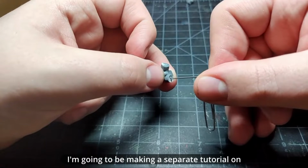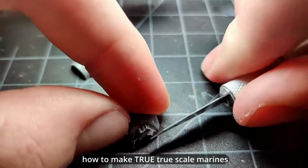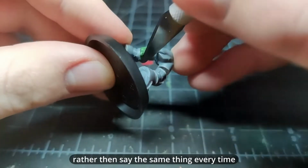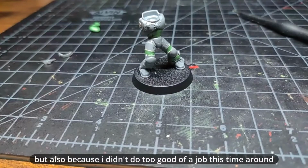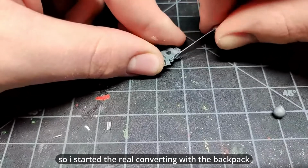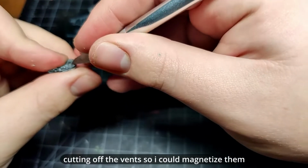I'm going to be making a separate tutorial on how to make true scale marines. One, because I'd rather point to that video in the future, rather than say the same thing every time, but because I also didn't do a good job this time around, so it's not really tutorial worthy. So I started the real conversion with the backpack, cutting off the vents so I could magnetize them, because next